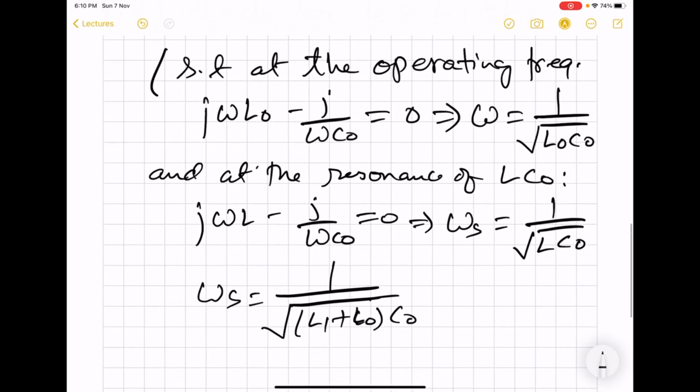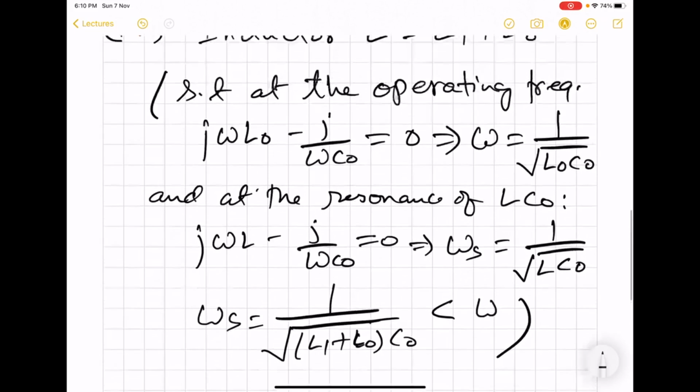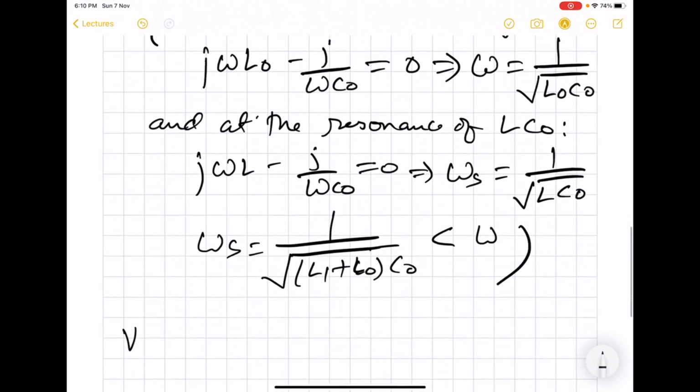So now we see that this resonance frequency is going to be smaller than the operating frequency. So since C naught gets cancelled out by part of the inductor L, so at the operating frequency, we can